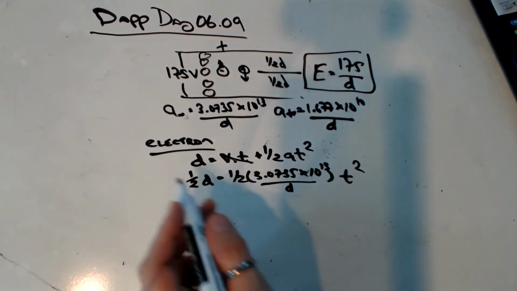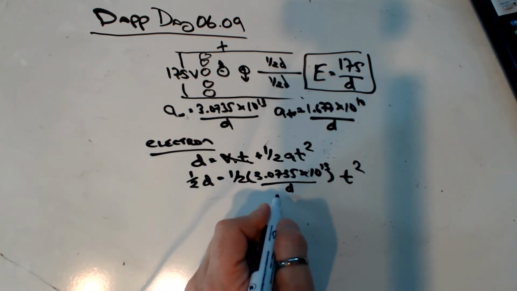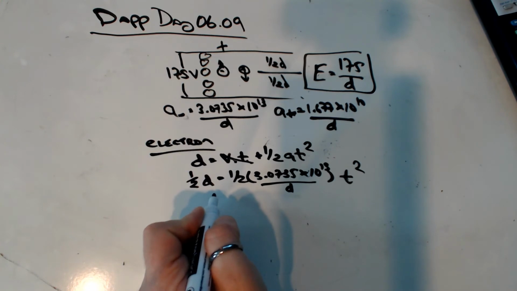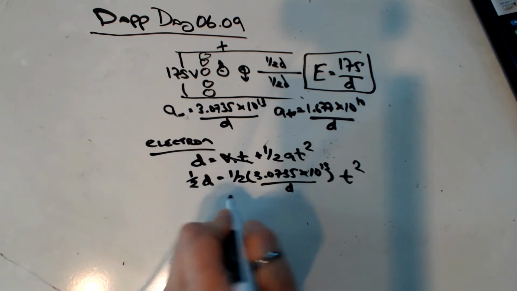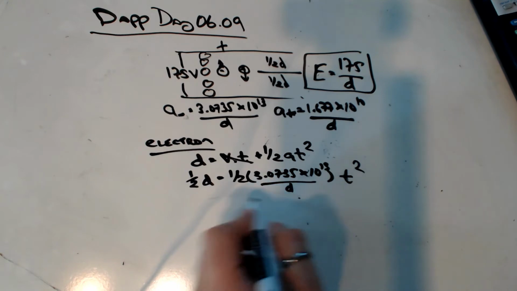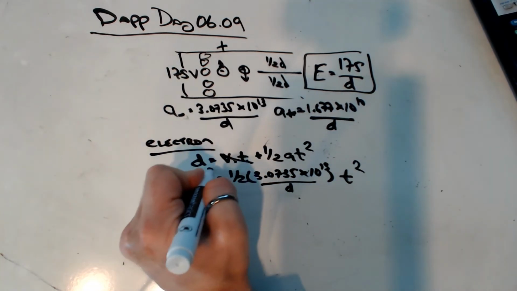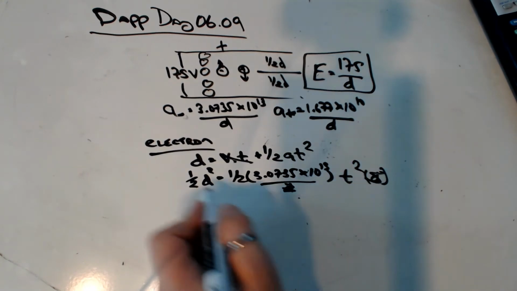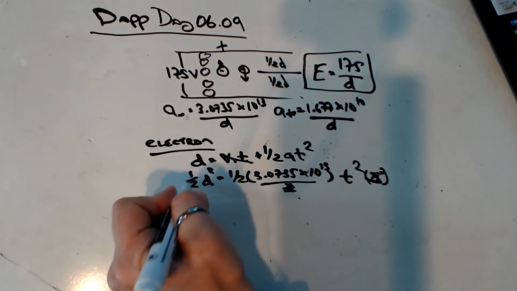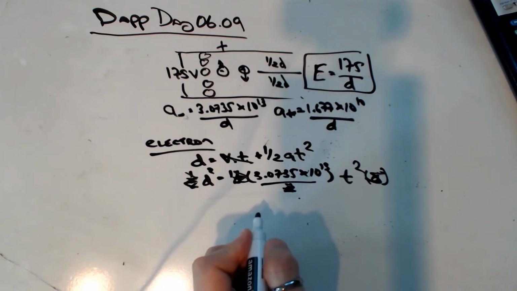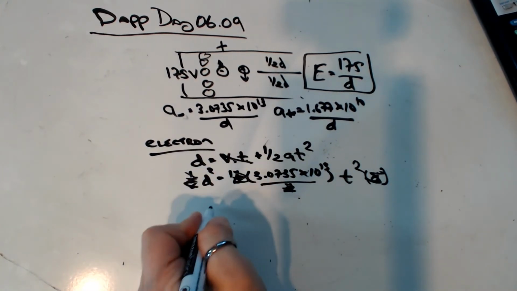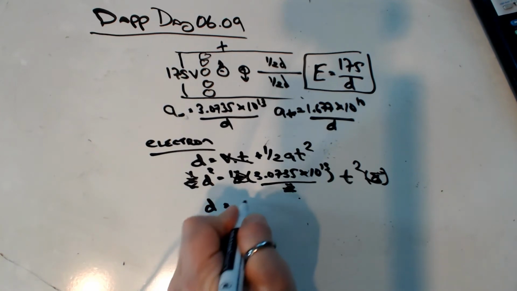Now, if I solve in terms of t, we're basically going to multiply this side by d, so you end up with d squared here. Multiply d on this term, that'll cancel that d. This will turn into a d squared. The halves are on both sides, so they'll disappear. And if I take the square root of both sides, you get d equals